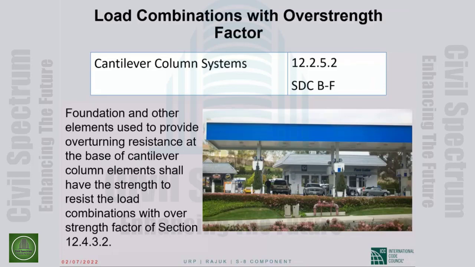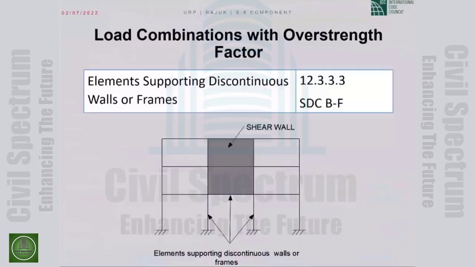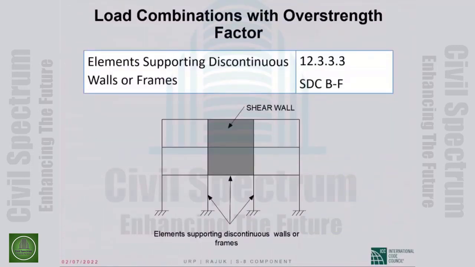And so that foundation and other elements used to provide overturning resistance must be designed using the load combination with overstrength factor. This particular requirement is not in BNBC, probably because you do not use this system, at least not much. The second, by far the most important place where you need to use load combination with overstrength factor is columns